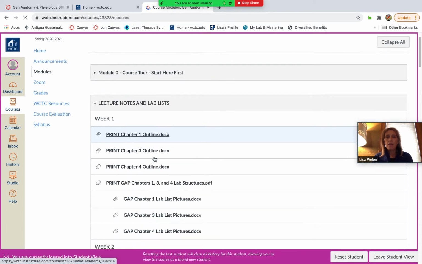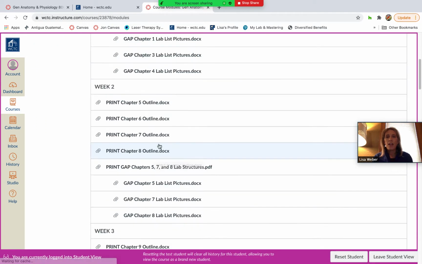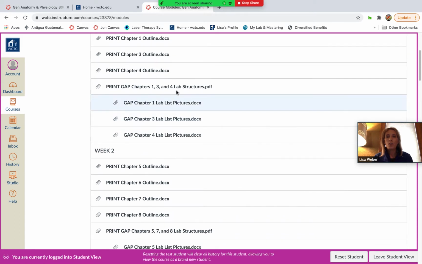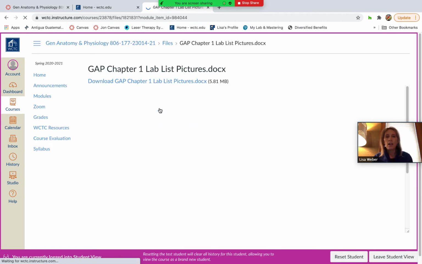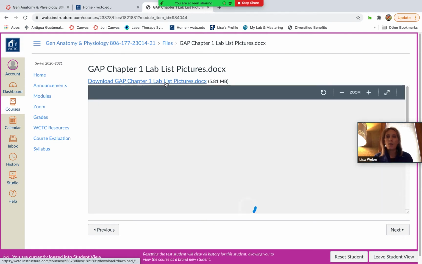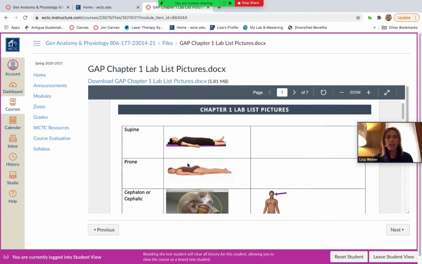The lab exam will be just identifying those lab pictures, those structures. So I've also put in some documents here that actually show a couple of the pictures that I'll be using on the exams. I don't know that I would print these out, but they have the actual pictures that will